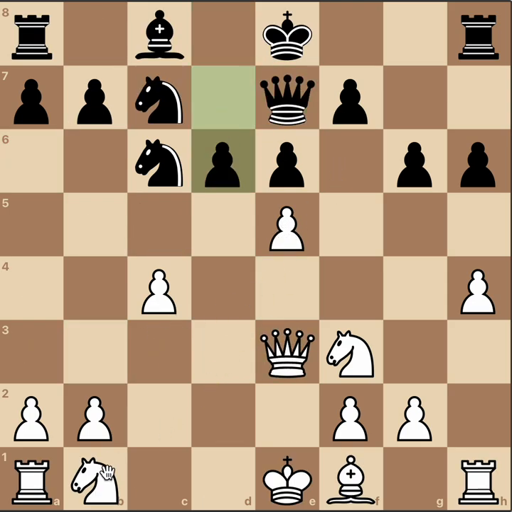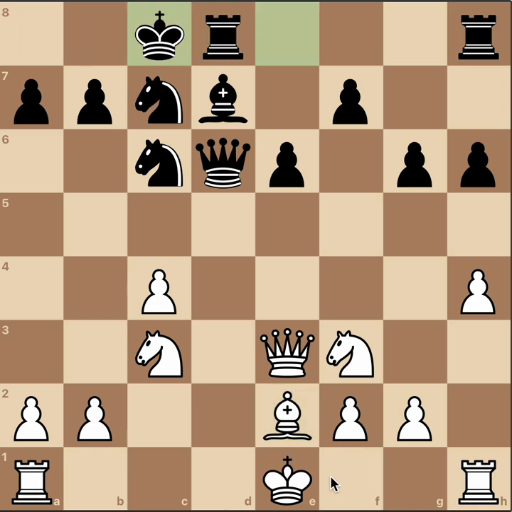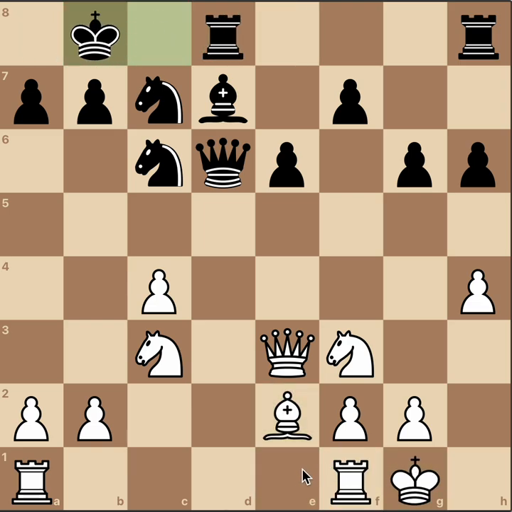d6. What to do? Okay, let's just do this. No! Take, because I guess we win a tempo on the queen. Knight c3 now. And now rook d1. Bishop e2, castle. Yeah. Now here I will have a tendency to play a3, b4, b5, c5, and all the